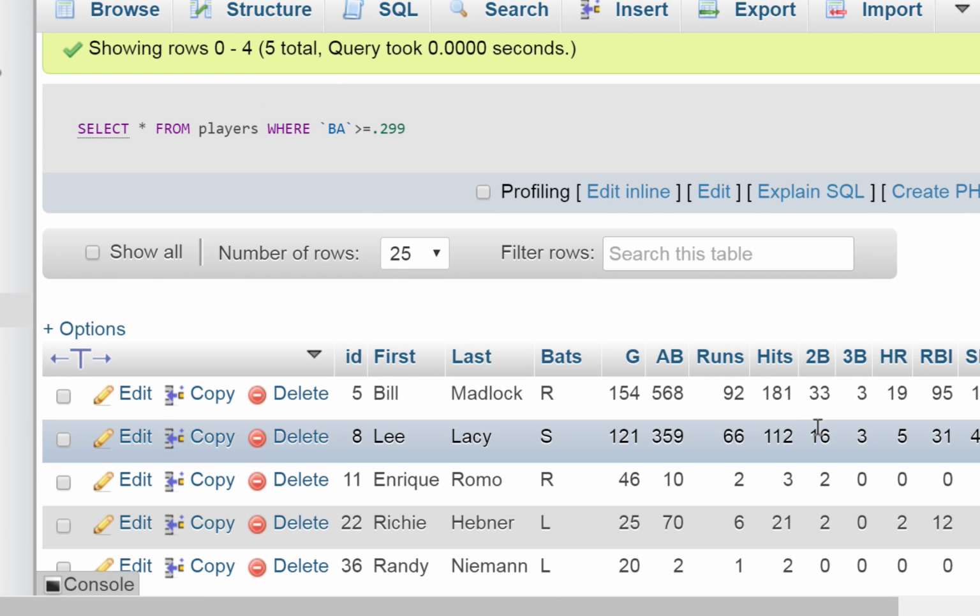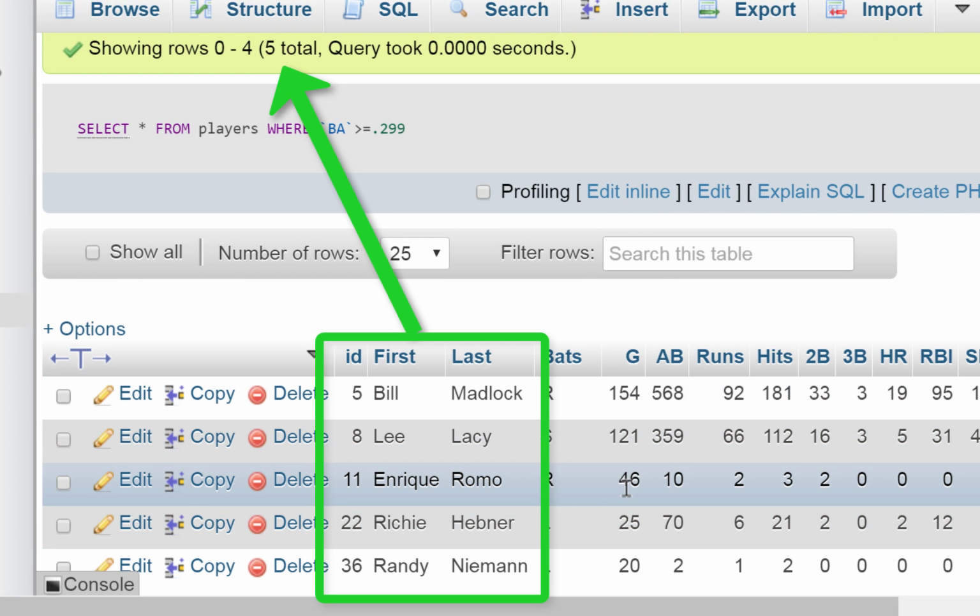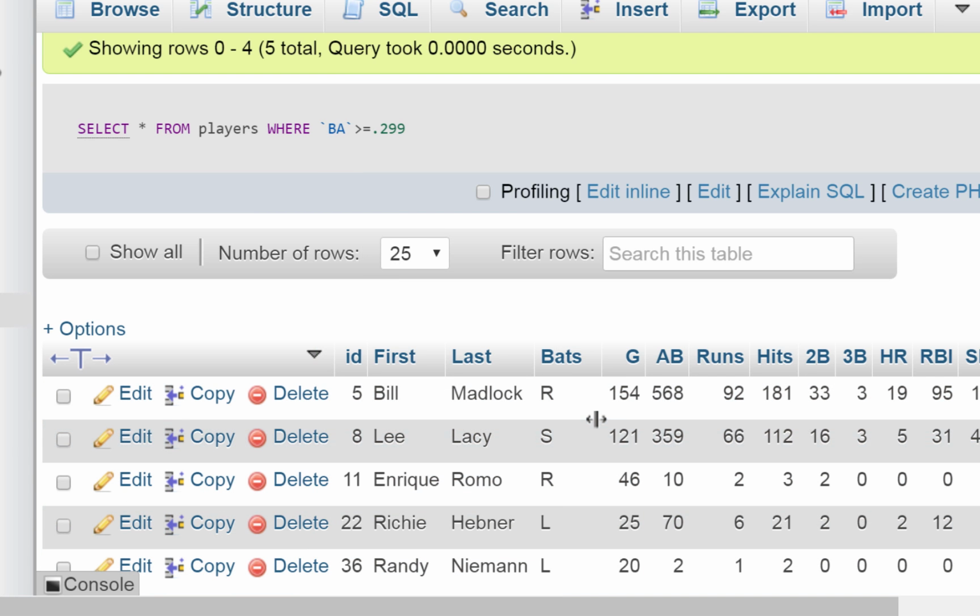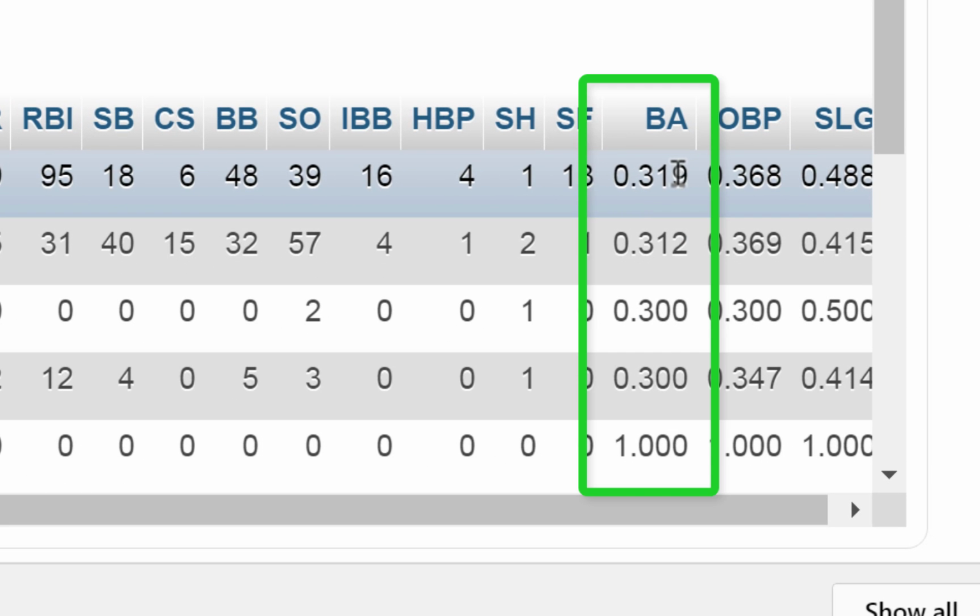And I come up with only 5, which isn't really good because 2 of these guys are pitchers, and there's only 2 hitters here, Bill Madlock and Lee Lacy, who are batting average. And notice it says